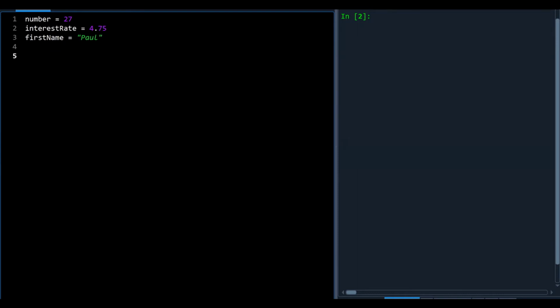Okay, so I mean, we haven't learned how to do very much so far, but what we do know is how to print things. Okay, so I can print the value of these variables after I've stored them, using the print command. Okay, so if I wanted to print whatever is stored in number, I could say print number. Okay, and if I run the program, the flow basically goes like this. It finds the print command,